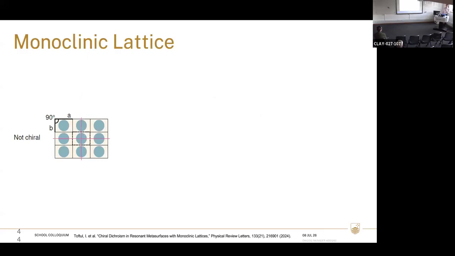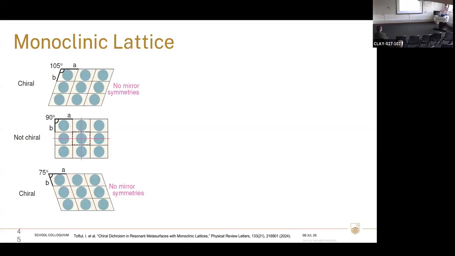If we want to create a metasurface made of simple meta-atoms, like cylinders, which are fully achiral, and we use a square lattice, it is not possible to achieve chirality because of the mirror symmetry here. But if we make this lattice monoclinic instead of rectangular,